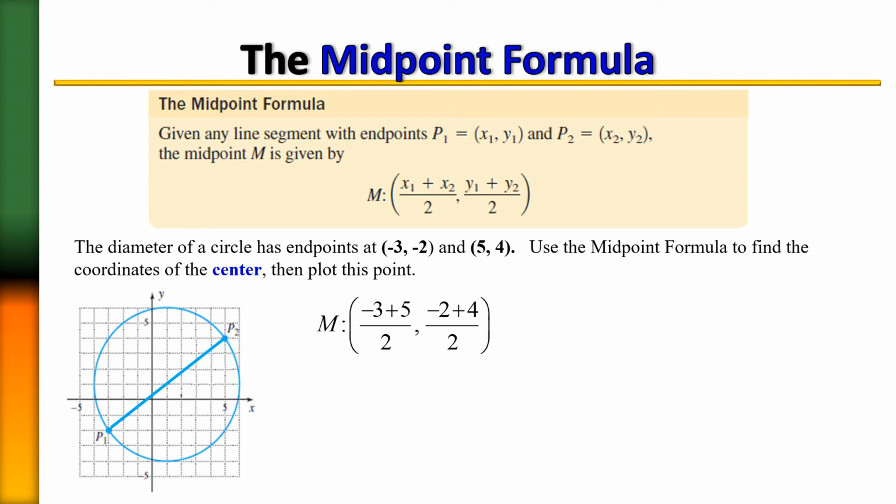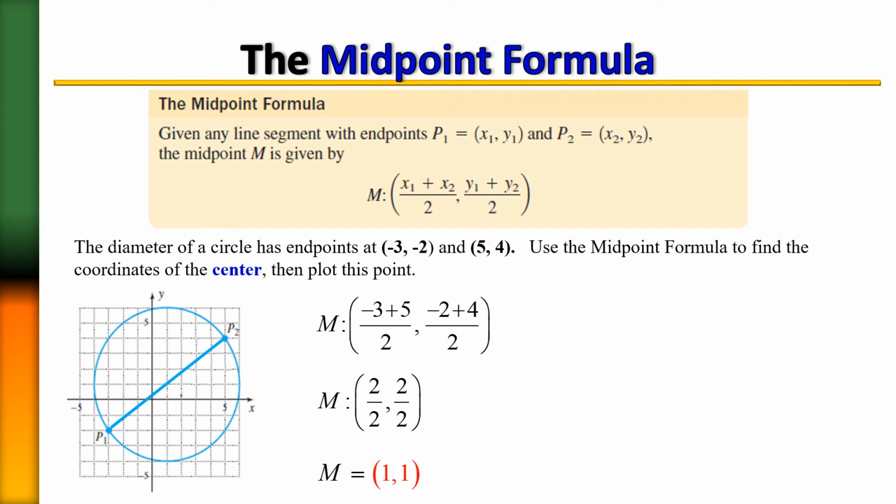Let's take a look at our y values. So I have a -2 with a +4. When you combine that together, it's going to give you a +2. So again, what I have is 2 over 2 for both my x and my y. Let's simplify that even further. We know that any number over itself equals 1. 2 divided by 2 is 1, which means that my midpoint, my middle or center of my line, is located